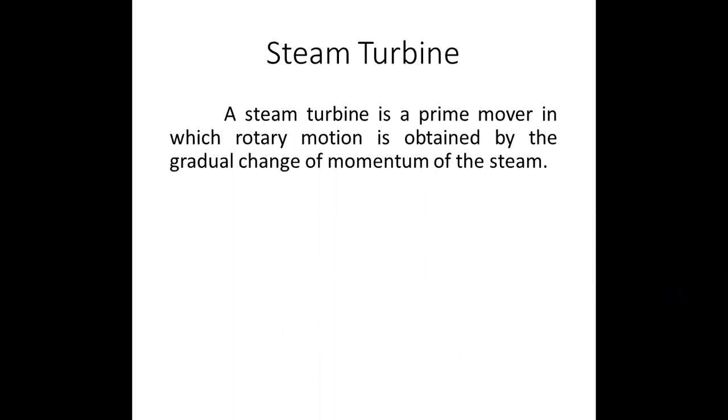In a steam turbine, the force exerted on the blades is due to the velocity of steam. This is due to the fact that the curved blades, by changing the direction of steam, receive a force or impulse. The action of steam in this case is said to be dynamic.